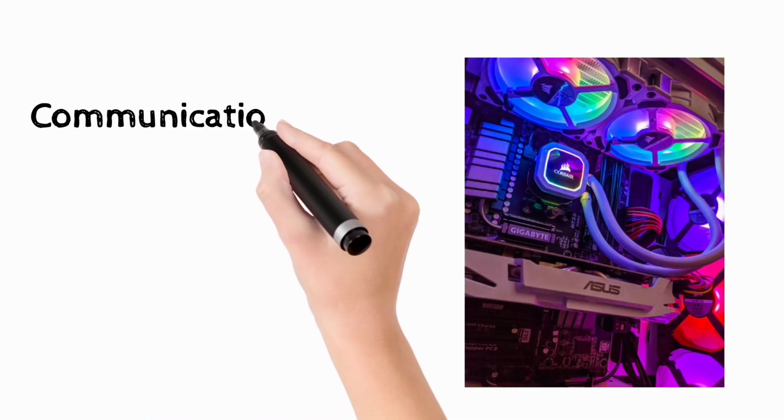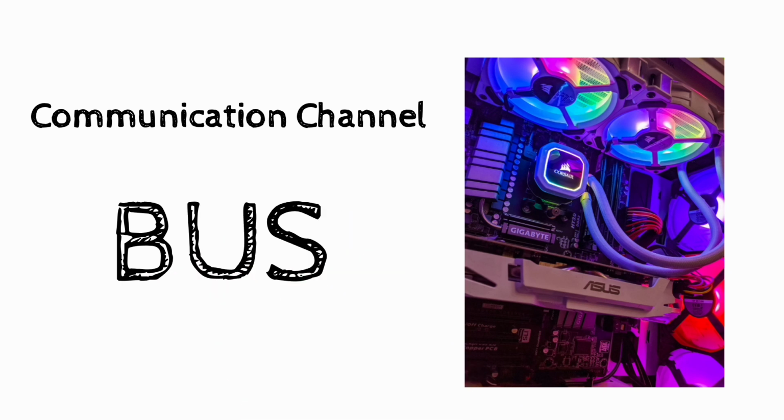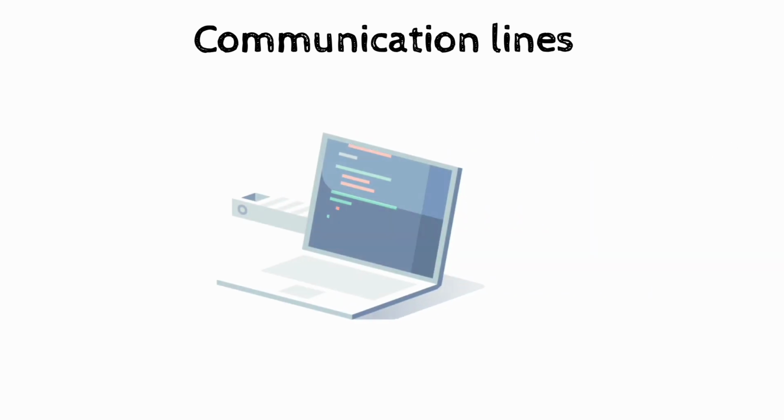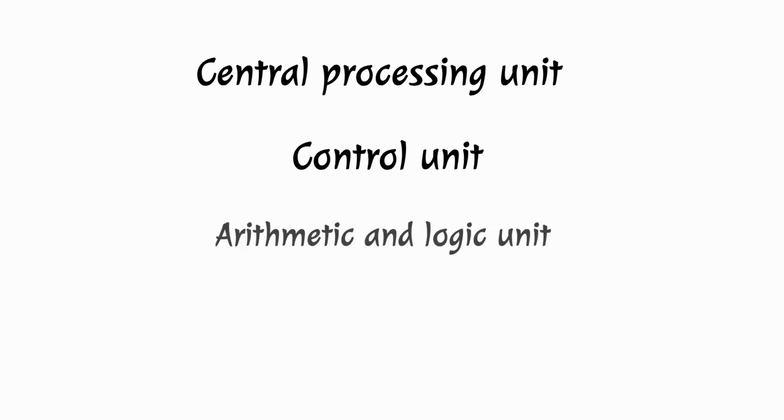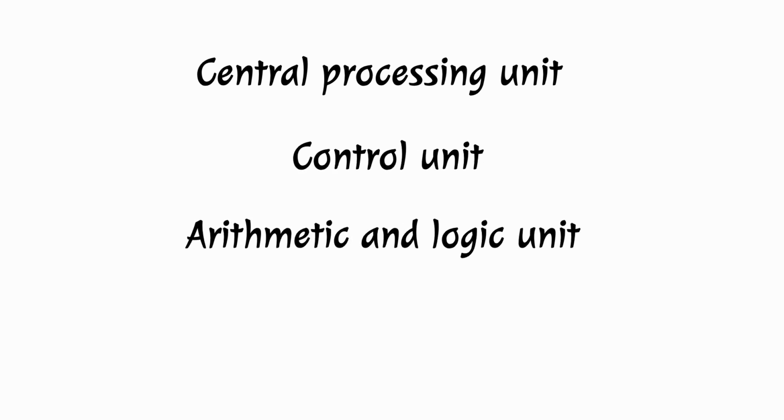The CPU must be able to communicate with all devices. The devices are connected together by a communications channel called a bus. A bus is composed of a set of communication lines or wires. It is used to move a large amount of bits in the form of electrical pulses from a specified source to a specified destination. The bus is used to connect the following units: Central Processing Unit, Control Unit, Arithmetic and Logic